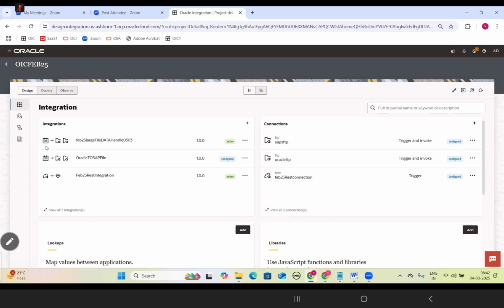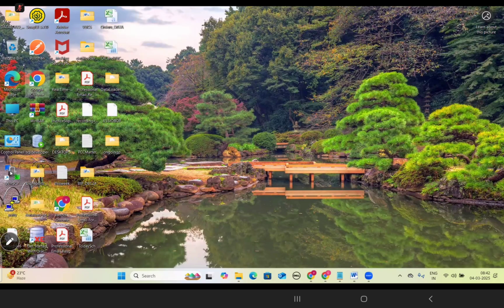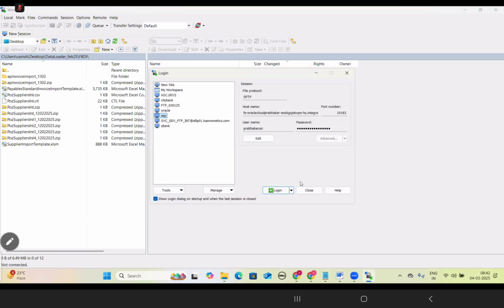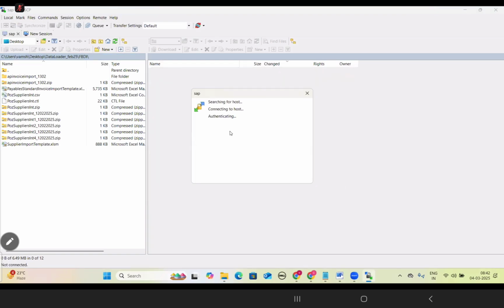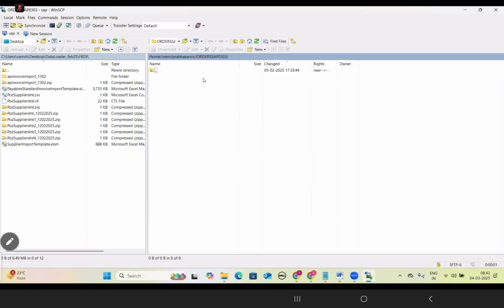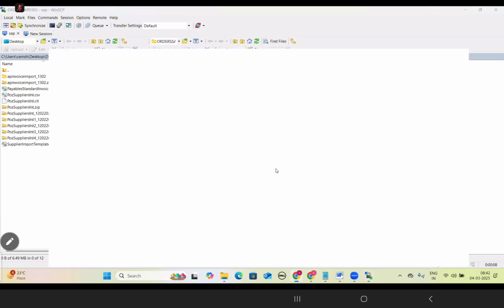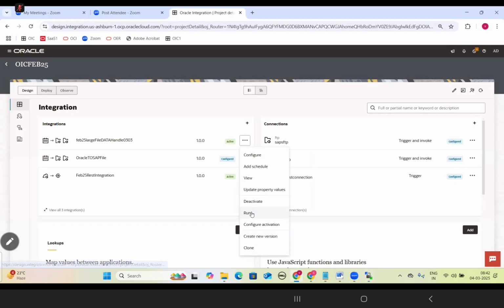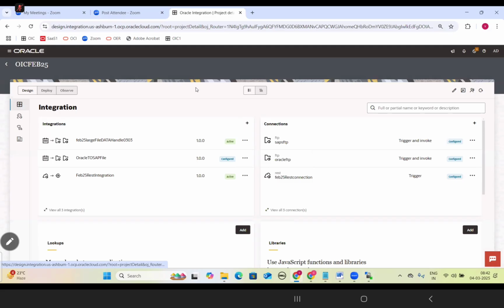Now in the destination system, let me open WinSCP and go to the SAP directory. In this directory location, there are no files. So now what will happen? Run the integration.